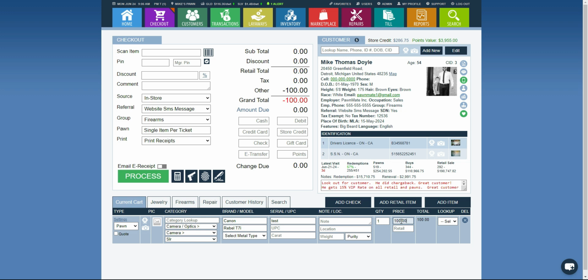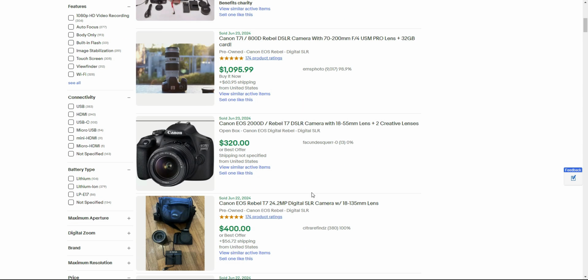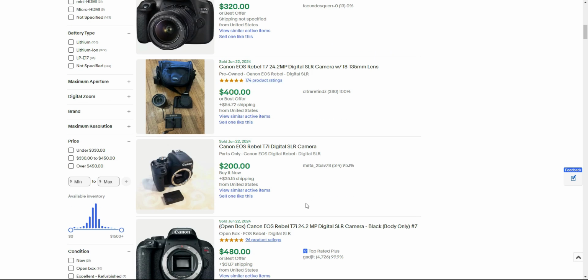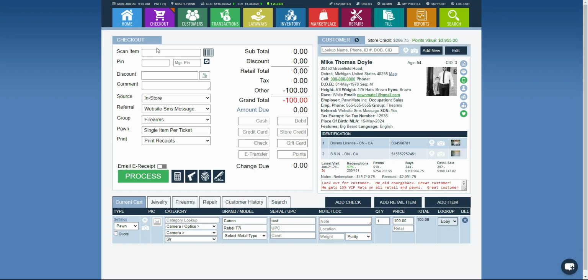Now, if I'm not quite sure what the value of this Canon Rebel T7i is going for, I have this little lookup tool here that I can go ahead and I'm just going to select eBay. Now, you can add your own lookup tool as long as it has the search capability on the website and you don't have to log in to actually do a search. Okay, so for eBay here, we have sold listings that come up automatically, and you can just see some of the values of what the Canon Rebel T7i has sold for recently. Okay, so now if I just put in my PIN number and click process, I'm gonna get a pawn ticket